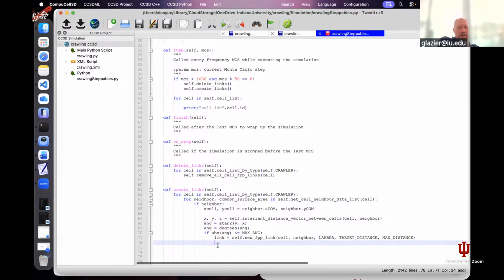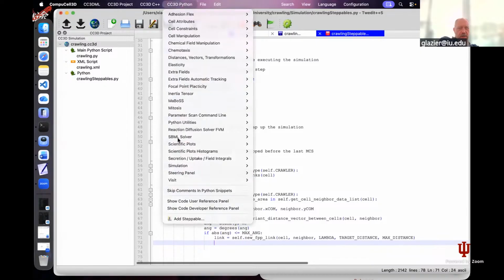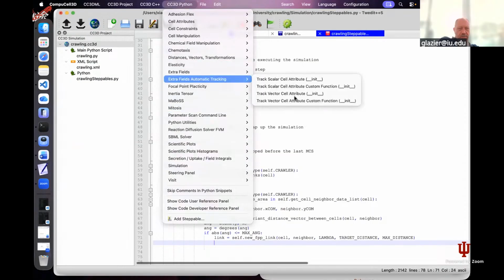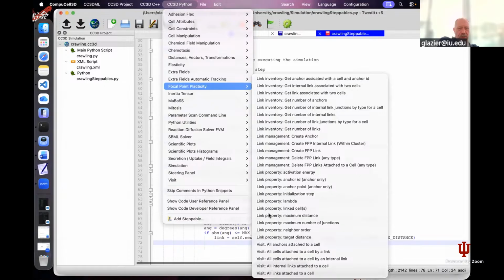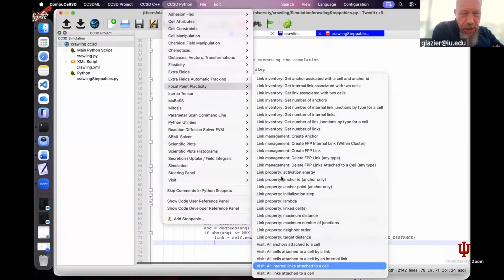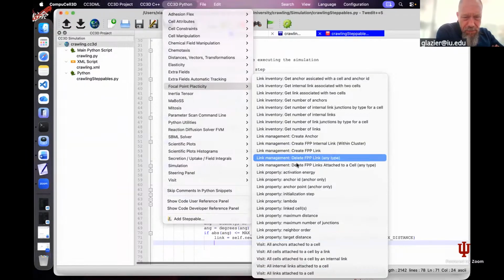Okay, now let's go to the code snippets. And there should be a create FPP link with anchor. So it should be create,